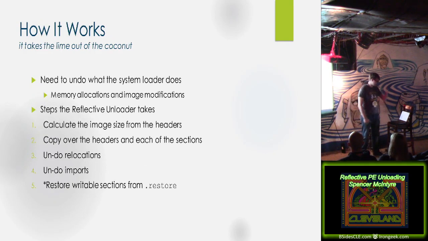All right, so how does this actually work? I briefly mentioned this, but what we're going to end up doing is undoing the process of the modifications that get applied to the PE file that allow it to exist in memory and to be executable. So we're going to undo everything that ends up getting done. We do all the steps that the reflective DLL injection does in reverse, with a single added step, or the Windows loader. So from the perspective of the unloader, it doesn't matter if the PE file that exists in memory was reflectively injected or if it was loaded through the system loader, because we don't want to be dependent on